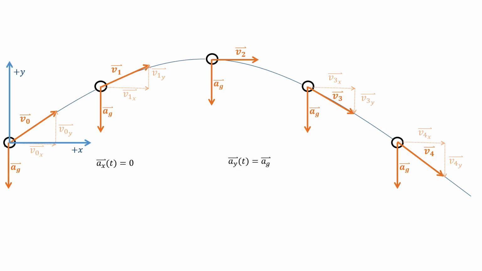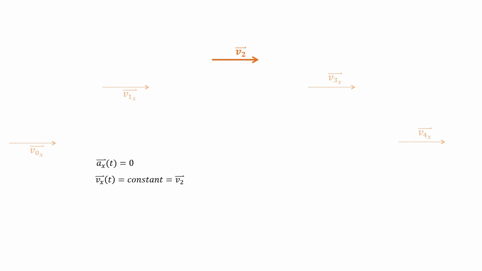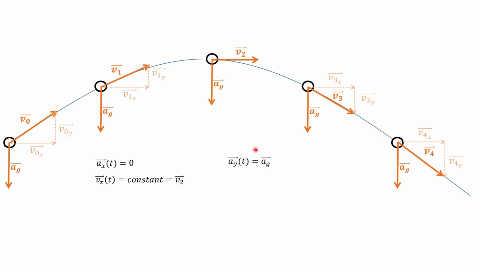We can mathematically determine what the velocity in the x and y directions are by taking the antiderivative of the accelerations. The horizontal velocity will be constant everywhere, since there is no horizontal acceleration. This will be equal to the initial horizontal velocity given to the ball, and also to v sub 2, since the velocity has only a horizontal component there. The vertical velocity will vary with time according to the acceleration due to gravity times time, plus our initial vertical